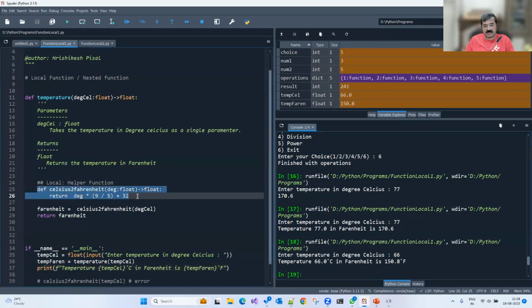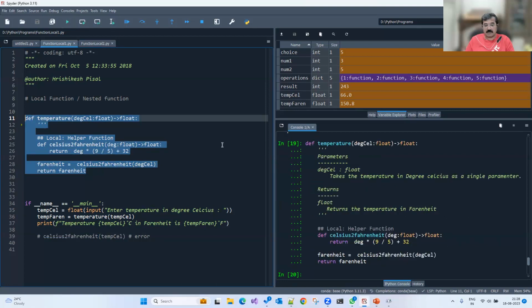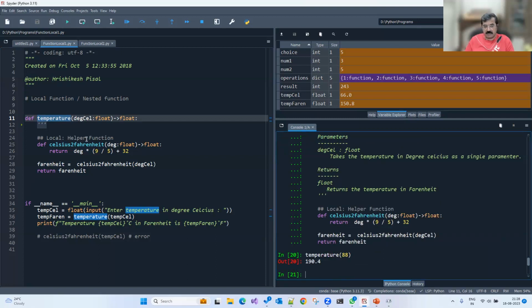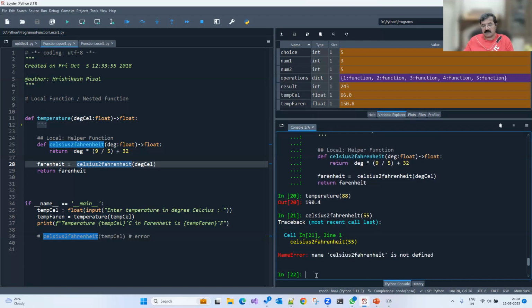But then the existence of this function is not known outside this particular function. Only the temperature function is aware of the existence of a function called Celsius to Fahrenheit. It's not available outside. Watch it. If I run this code, I could very well call this function temperature and pass some temperature to it. I could pass, suppose, 88. I'll get some result. But if I make an attempt to access this function outside the function temperature directly, and I'm trying to pass 55, it will generate an error saying that Celsius to Fahrenheit is not defined,